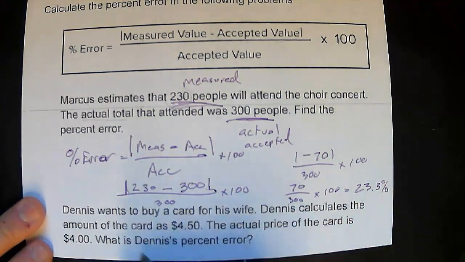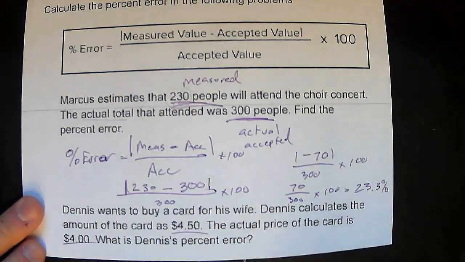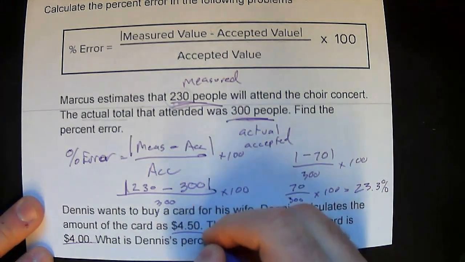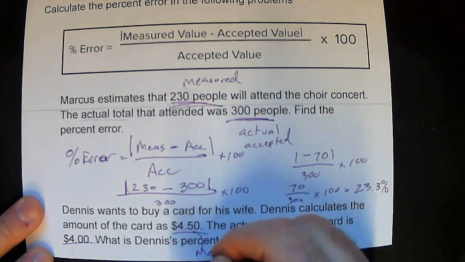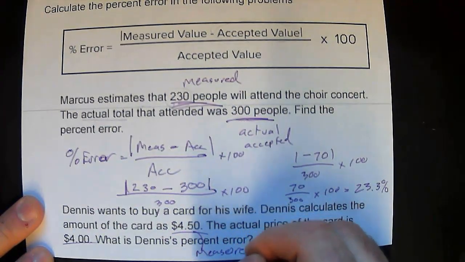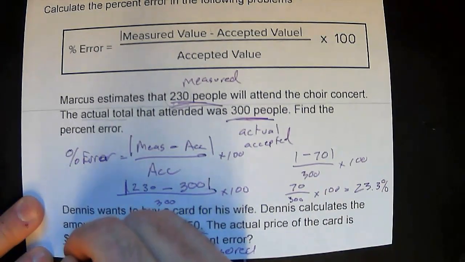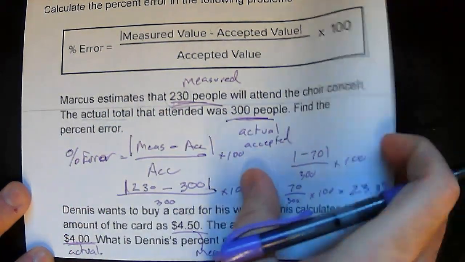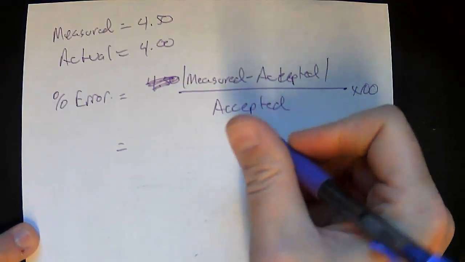Okay, so now let's do the same thing here for Dennis and the card. Dennis calculates the amount of the card as $4.50. So this is your measured value, and this is your actual. So what I'm going to do is do the work on the back here. Plug in, let's say,